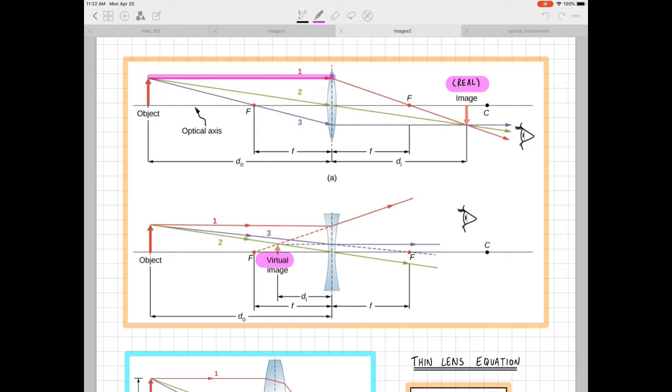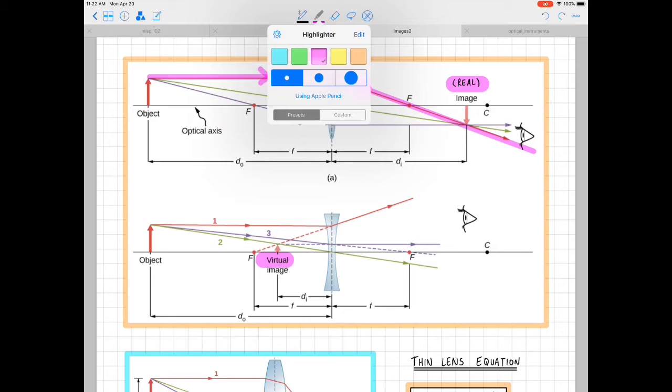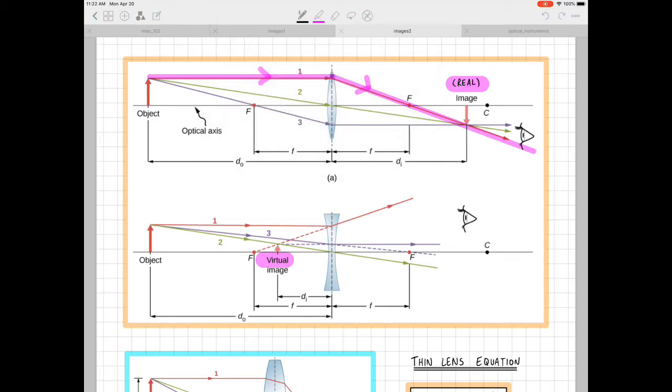So the ray that's parallel to the optical axis, I've got a converging lens here. Well, that ray must pass through the focal point. Right, so here's our first ray that's been drawn. So immediately we know that the image that's going to form is going to be somewhere along this line. But we don't know where exactly because we need more than one ray to determine where that image is going to form. So number 2,